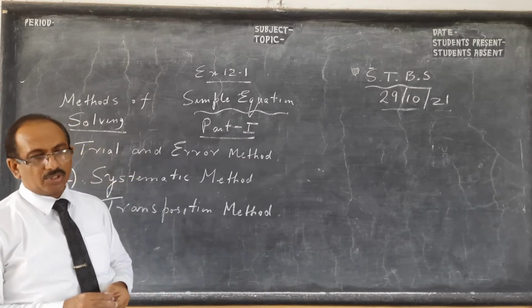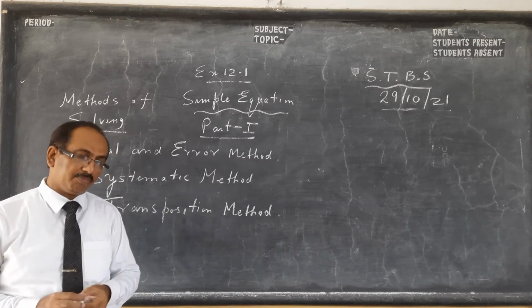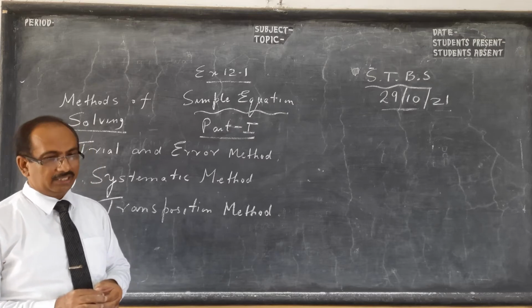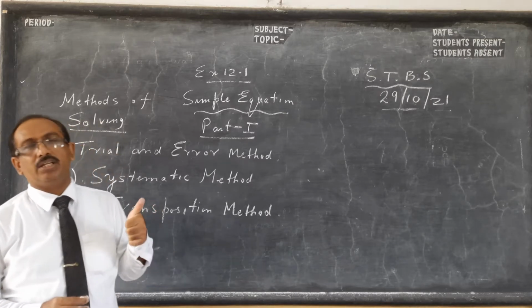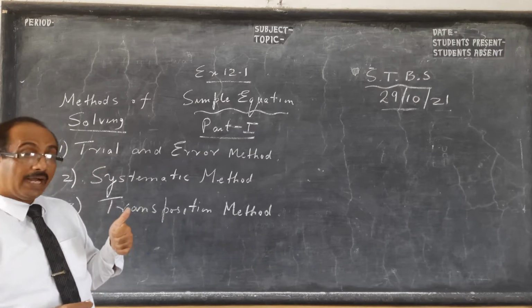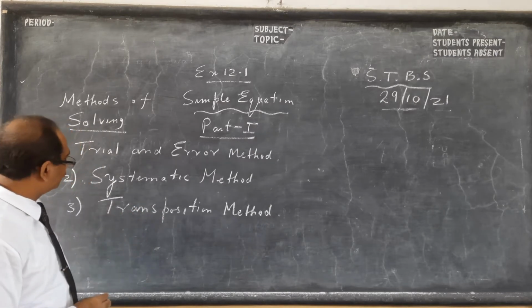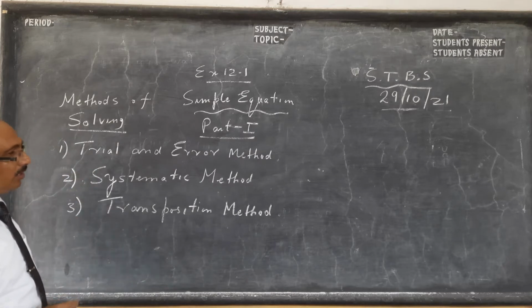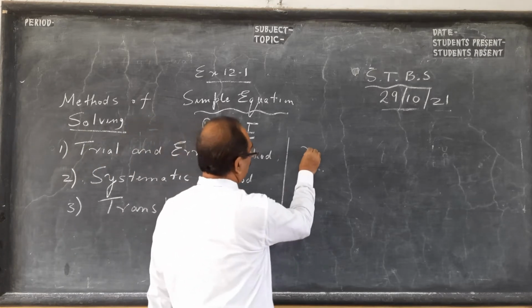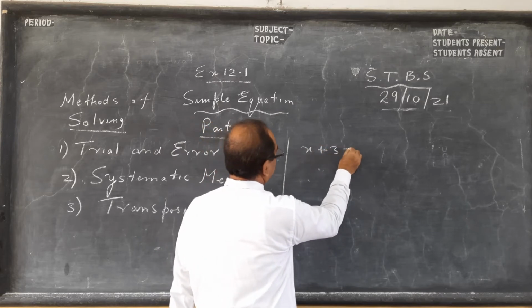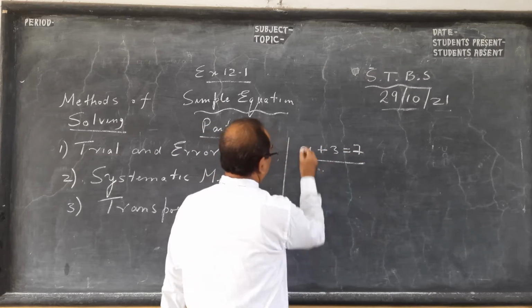If you have any book you are following, the basic concept and the basic thing remains. The main thing is to do one book properly, and do it with the solved examples also. So here, what is a simple equation? A simple equation, as I have told you, is something like this. Okay, example.